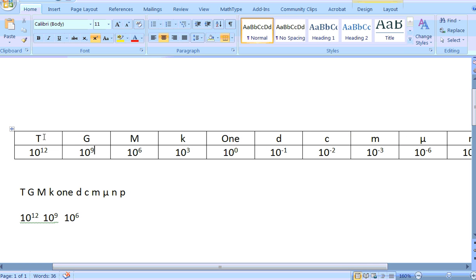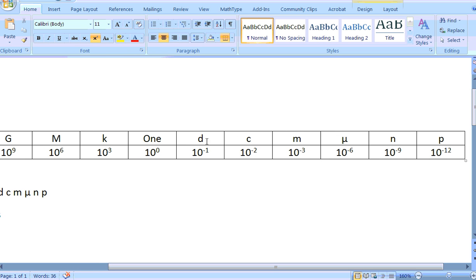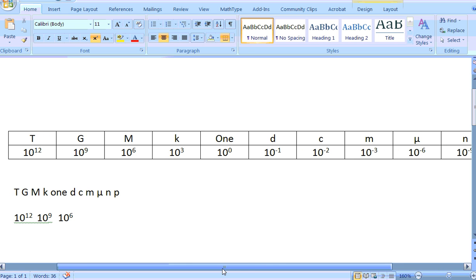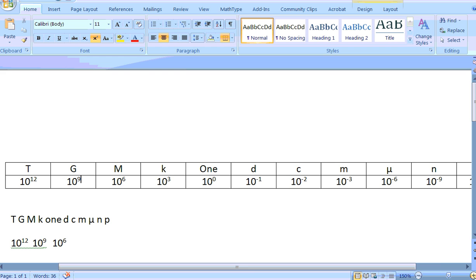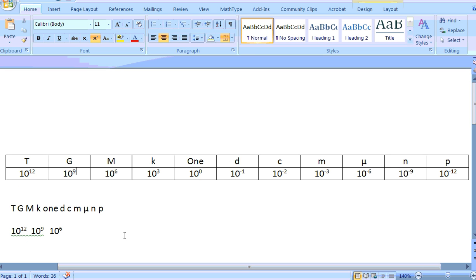What this is: tera, giga, mega, kilo, 1, obviously. Deci, centi, milli, micro, nano, pico. Now, the saying that I was making here, and let me make this a little bit smaller so everybody can see: somebody quite a few years ago gave me a little saying. The great mega king one day caught me microwaving nasty pizza. Okay, and these are our